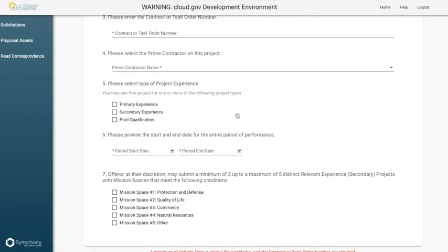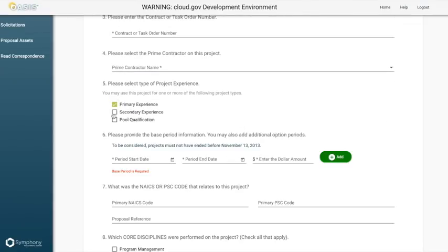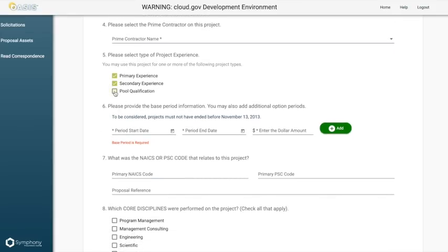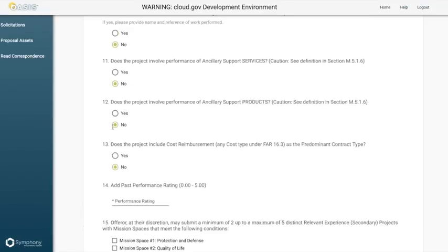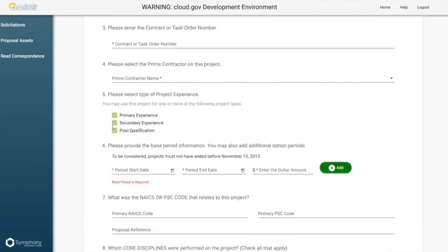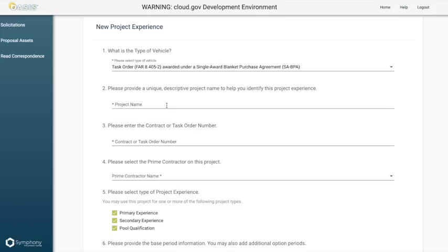So any information that was in there, it's going to ask you all of these questions. Additionally, if I do this, and I'm going to make this a primary and a secondary, I can also make it a pool qual. Then all the information required to submit it for those types of projects will be in here. So then I'm going to go ahead and select a project name. So task order